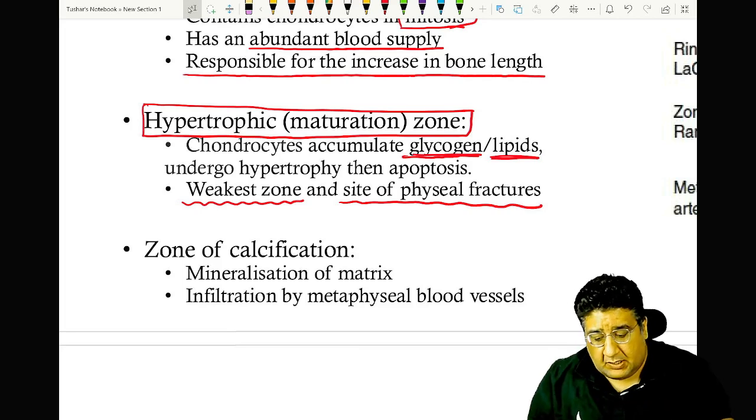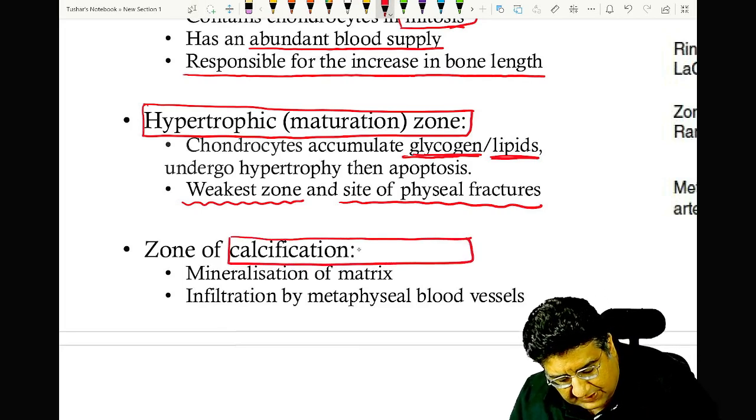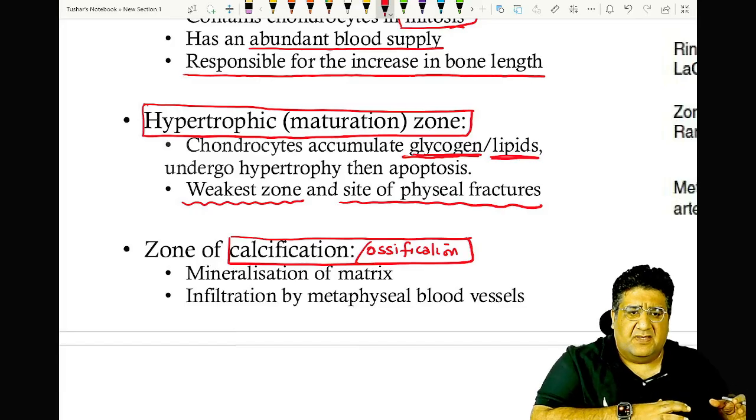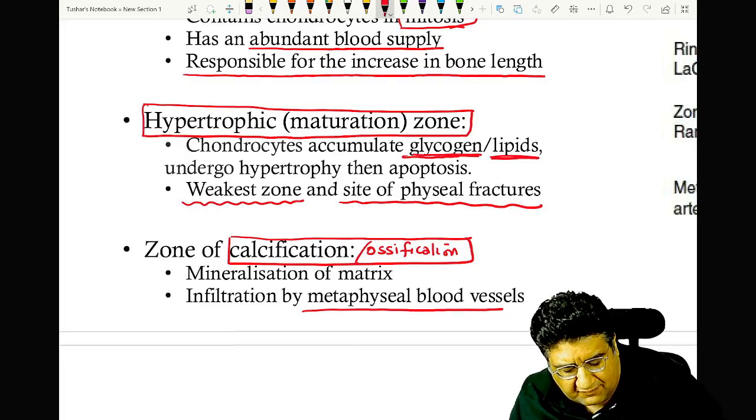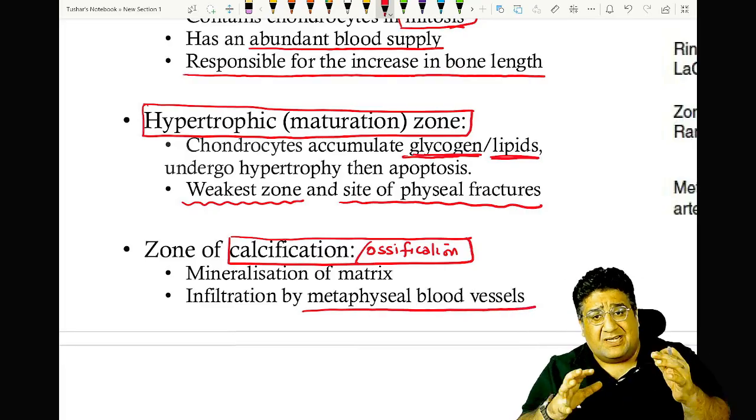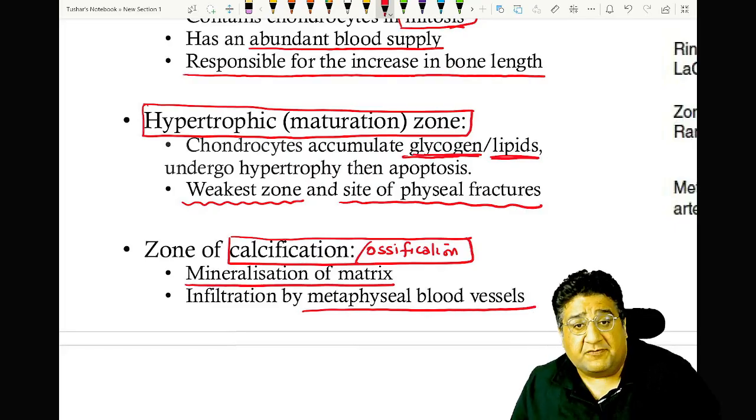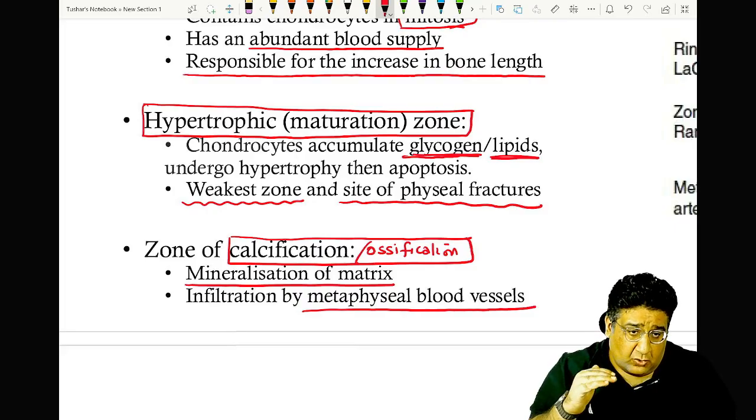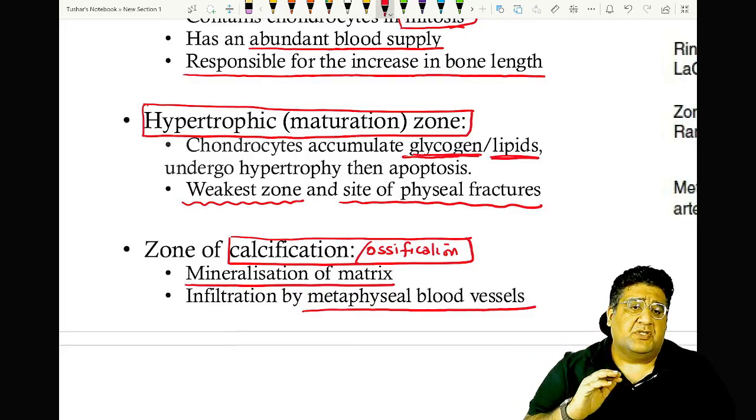Now, this zone of calcification followed by a zone of ossification is very simple. The blood vessels from the metaphysis will enter into the growth plate. So it is infiltration of blood vessels from the metaphysis, and along with the blood supply, they will bring calcium, they will bring phosphate, they will do mineralization. It is at this point that the growth plate will start calcifying, start getting ossified, and will start merging into the